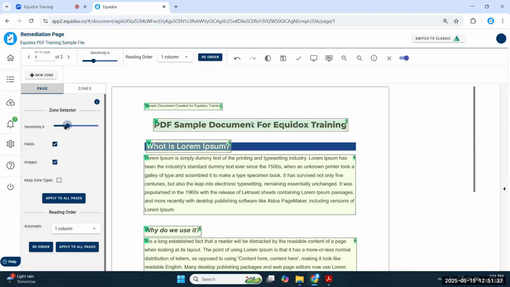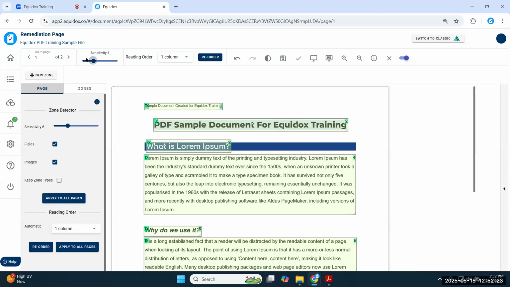If you have a document that is somewhat consistently formatted, using the same fonts, the same line spacing, the same general look and feel on the different pages, you might find that a detection level of 6 is working really well, and you might apply it to all pages. So what Equidox would then do is set that detection level of 6 to every page moving forward in the document. It just eliminates the need for you to move that slider around every time you go to the next page. But again, that's not really necessary on a 2-page document. It's not a big deal to just nudge the slider a little bit if you have to. But if it's 20 pages or 200 pages, maybe there's value in hitting apply to all.